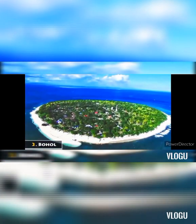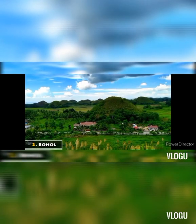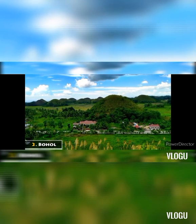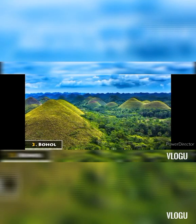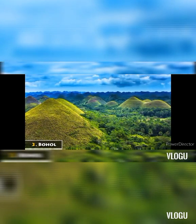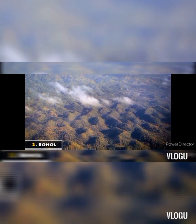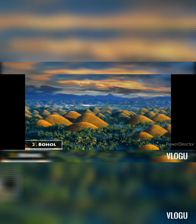Bohol. The island of Bohol in the Philippines' Central Visayas region runs at a slower pace, and it's a destination that showcases the country's natural beauty. One of the most unique natural wonders on the island is the Chocolate Hills in Carmen. This UNESCO protected site is a collection of 1,200 geological formations that turn brown in the dry season,